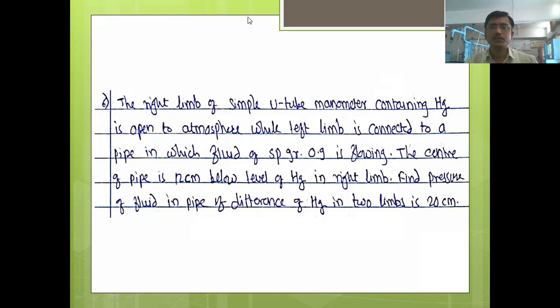Okay, no one is there. I will draw the diagram. First of all, try to read the problem. We'll draw the circle here, because in every problem we will have one pipe. We'll draw a small diagram here like this. This is our circular pipe. Then first of all, we'll draw the manometer also. Then we will decide the levels of mercury.